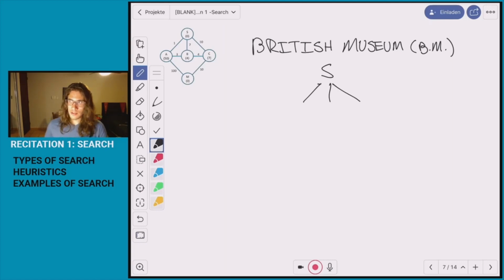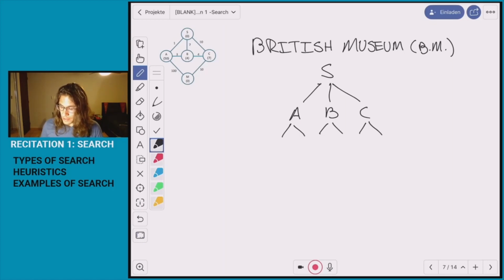The convention, at least in 6034, is that we write from left to right the paths, or the nodes alphabetically, if they are letters, of course. So I'll write A, B, and C, and I'll follow the alphabetical ordering for the remaining paths. Because it's British Museum, it doesn't really matter in which order you extend, as long as you cover the entire space. So I'm going to go about it by levels, just to be consistent in my way